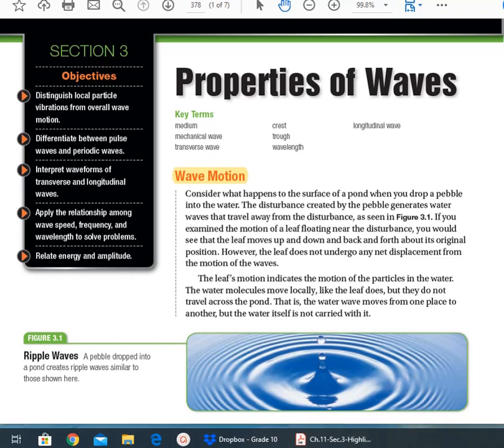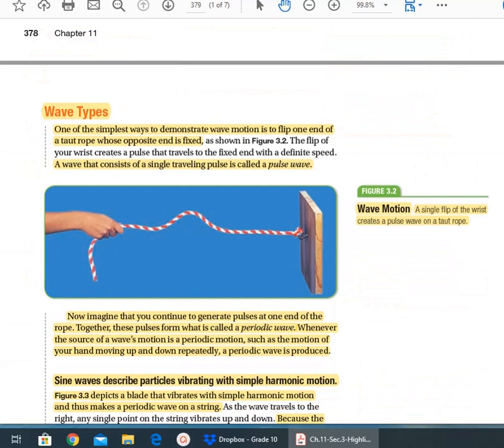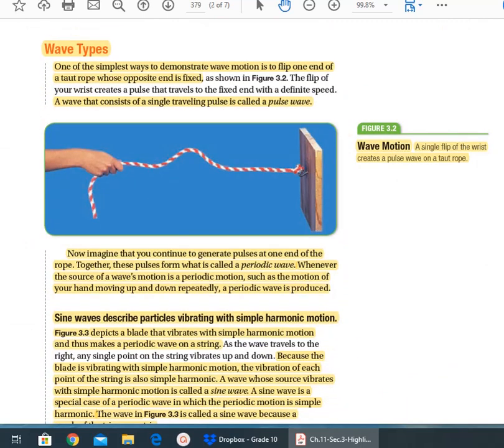Hello girls, this is part 2 of chapter 11, section 3, properties of waves. In this chapter, we started our discussion about types of waves. The first type was called